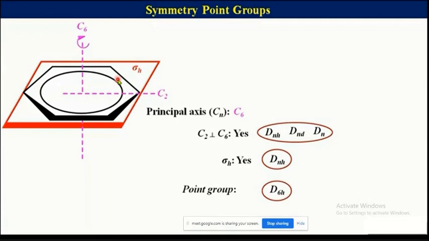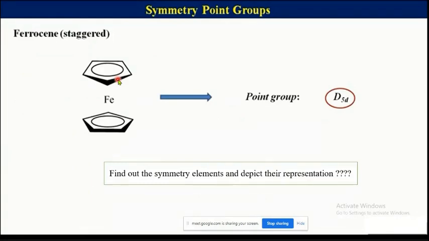So we only have to see whether there is any C2, let it be, because if you go ahead with the octahedral cases, in that case 3 C2s are there. Just imagine. Now in that case what you need to find out is which C2 is perpendicular, and luckily suppose you are able to visualize a C2 which is perpendicular. Your job is done, you just have to tell the point group, right? So remember the priority that we only have to find out the C2 which is perpendicular or not. That's it. Clear? Okay. Now let's see another popular example, ferrocene.